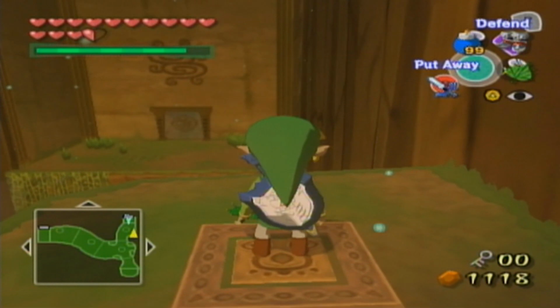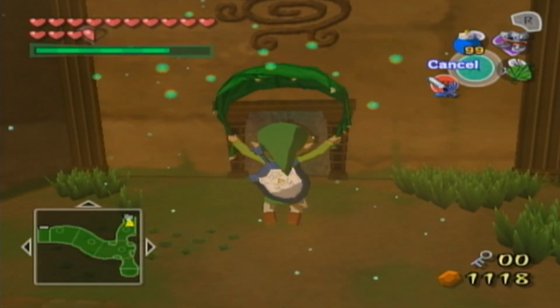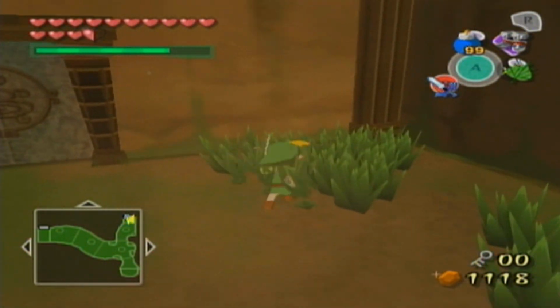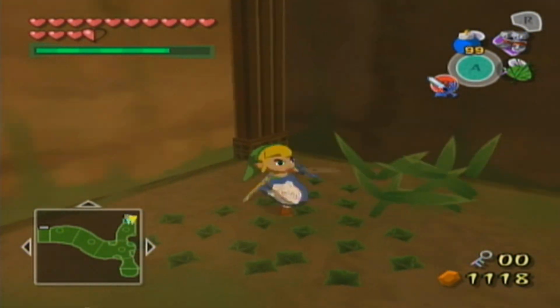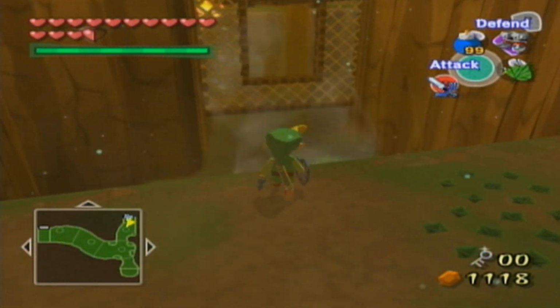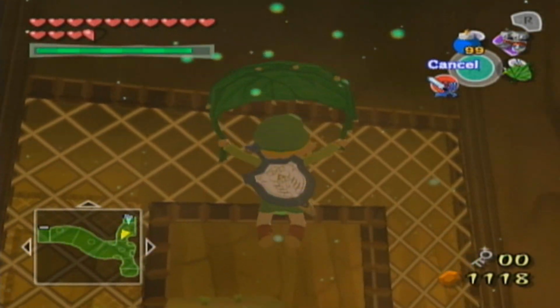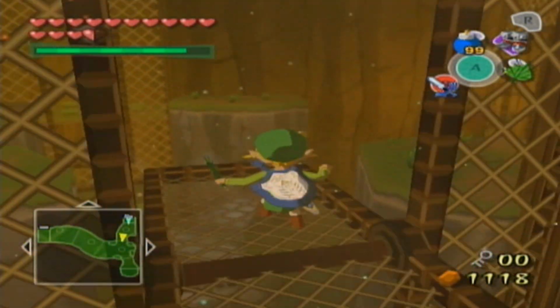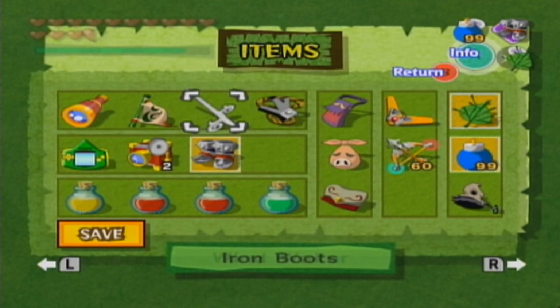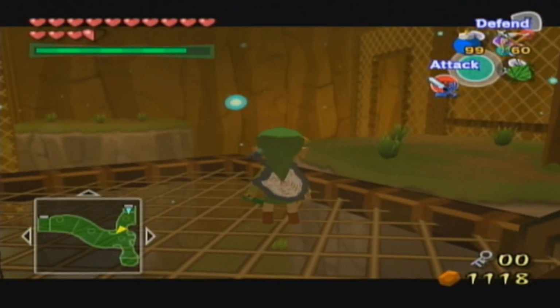This is kind of a cool room, though. I kind of like the idea of flying through, I guess maybe not even several rooms, but just flying through a big room with the Deku Leaf. Deku Leaf is a pretty cool item, I think. So as I mentioned, it's kind of, I guess, the inspiration, in a sense, for the